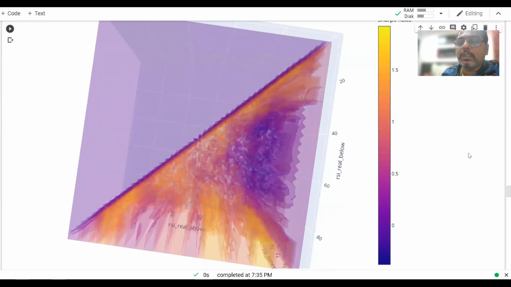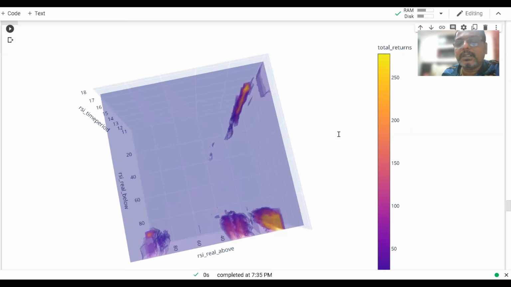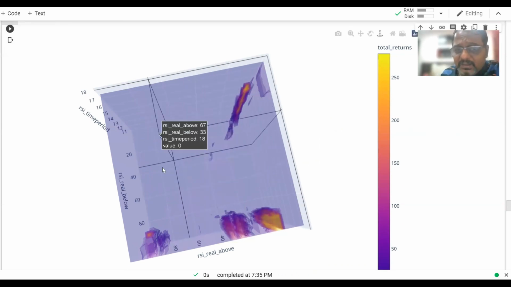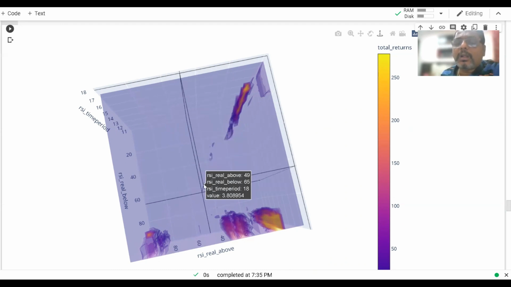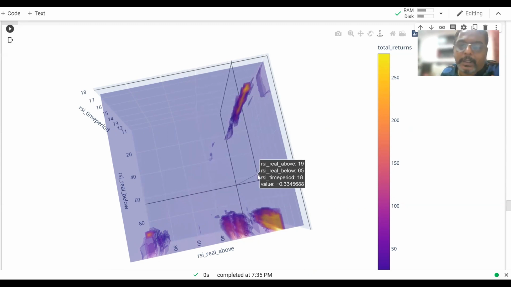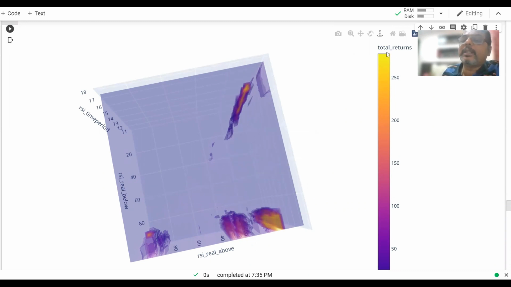Let's go to the next one. The next one I have is total returns. Okay, if I look at total returns, this is the story that I see. Now in total returns, this faint blue is zero or values very close to 0% return, as in you are not making any money. You have spent 13 years in the market and not made much money, or you probably would have lost. Here for example, you would have lost 33% of your capital. So these are the ones which you are not really interested in. What you are interested in are the bright yellow colored zones.